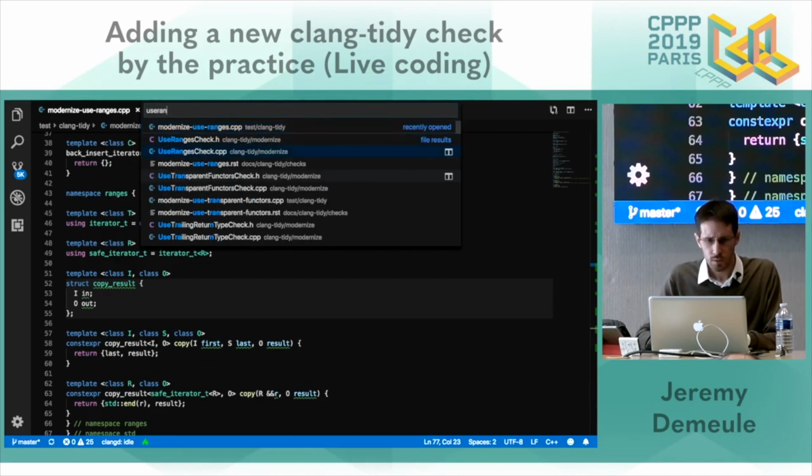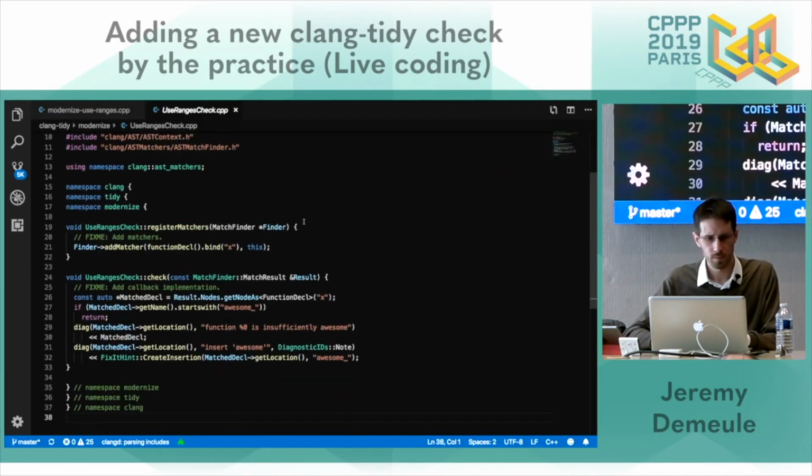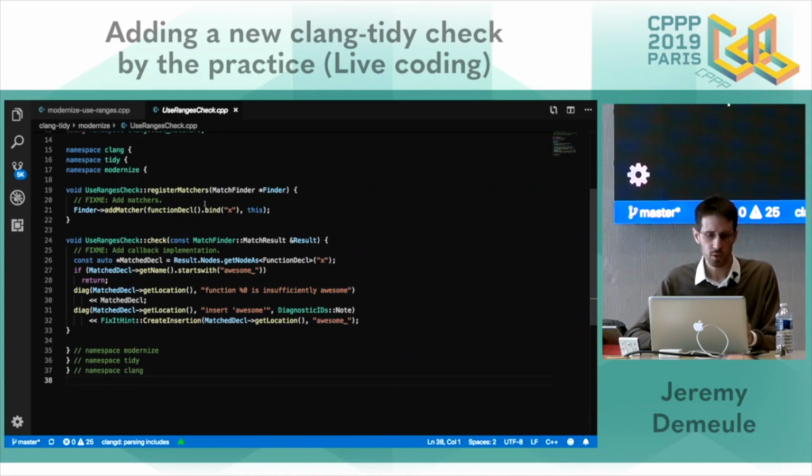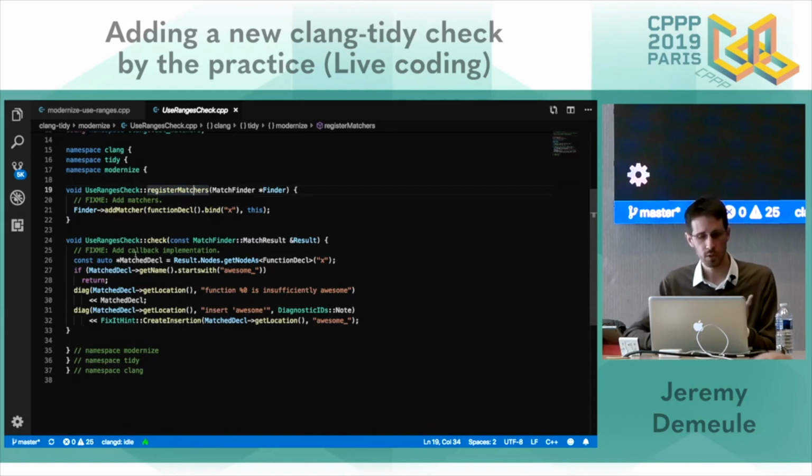In UseRangesCheck, a check in clang-tidy is made in two parts. The first part is to register the matcher, and the second one is a callback called when something has been found.